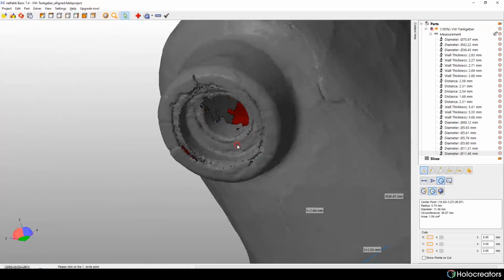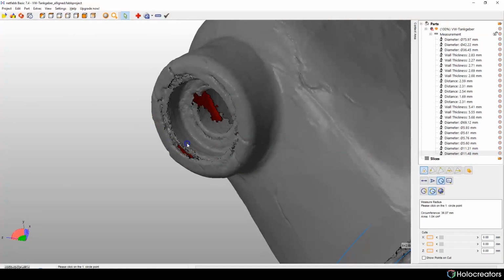I think it's gonna be good to use this diameter here.